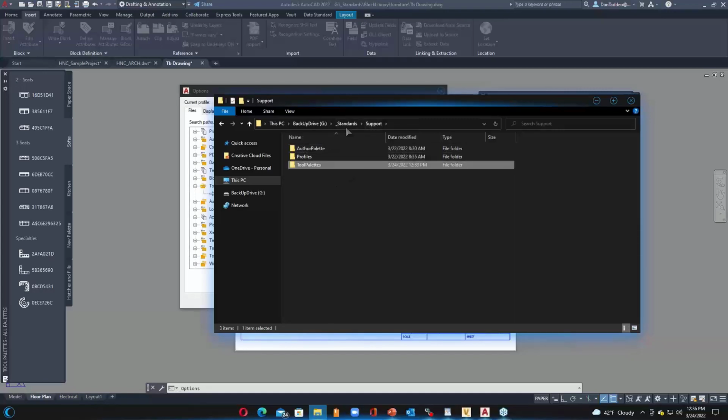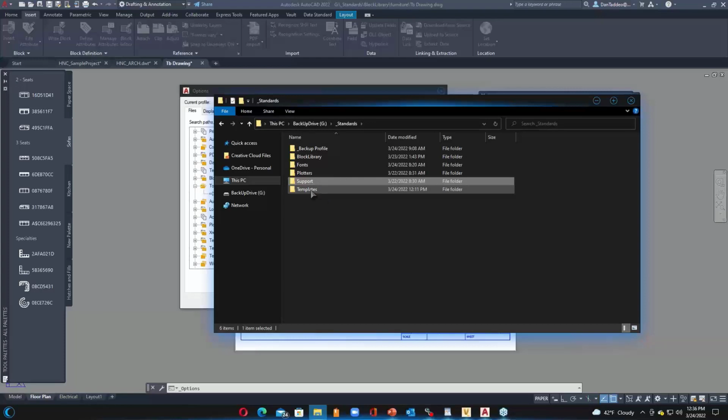Same thing with the tool palettes, template, or maybe you have a font library or even a block library. Only certain people can have access to that. So being able to lock down security is probably another aspect of this. And I'll talk about that just a little bit, but I wanted to show one more thing about